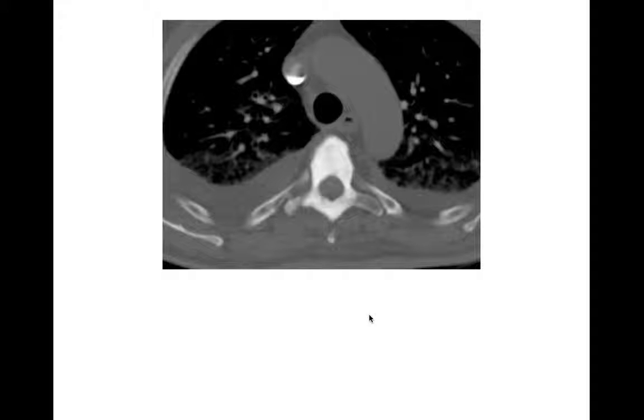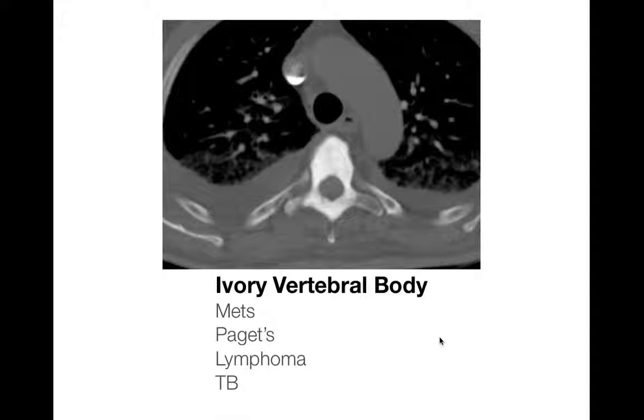This is another nice classic differential diagnosis of a very dense vertebral body. And this is what we call an ivory vertebral body. And so as a nice short differential for an ivory vertebral body, things to think about are, again, metastasis, super common, lymphoma, fairly common. Paget's disease will give you an ivory vertebral body too, but one thing that will help